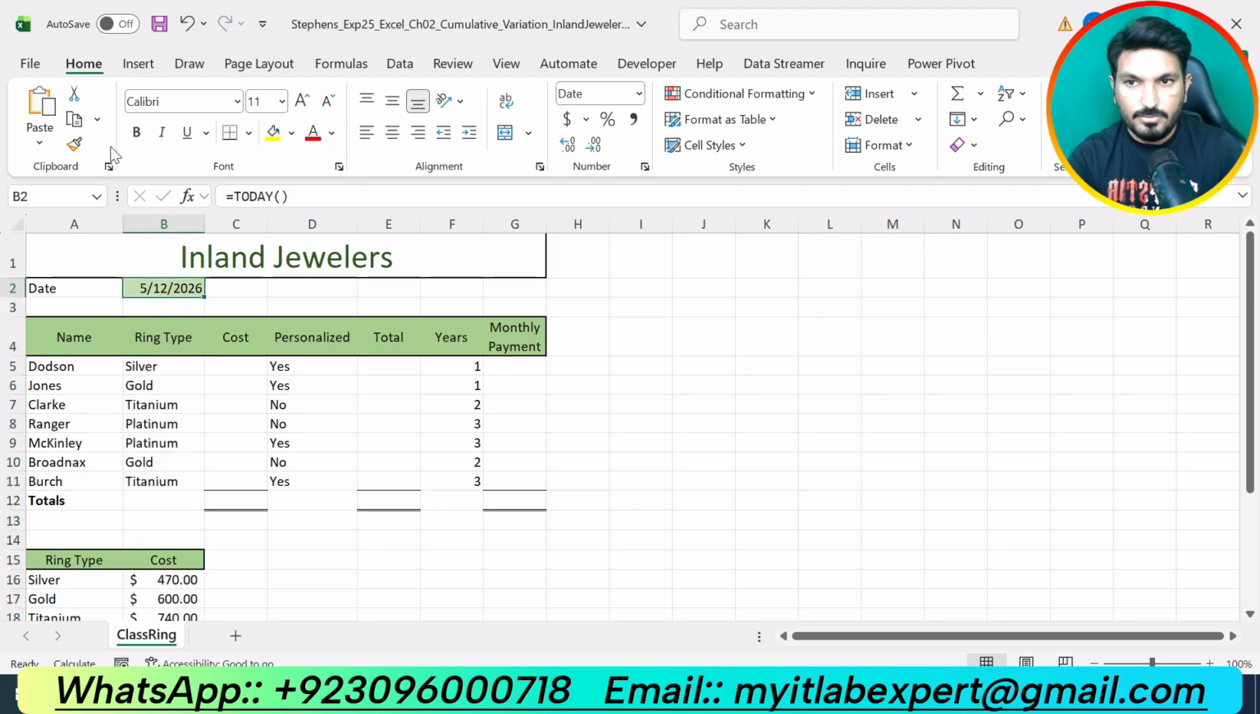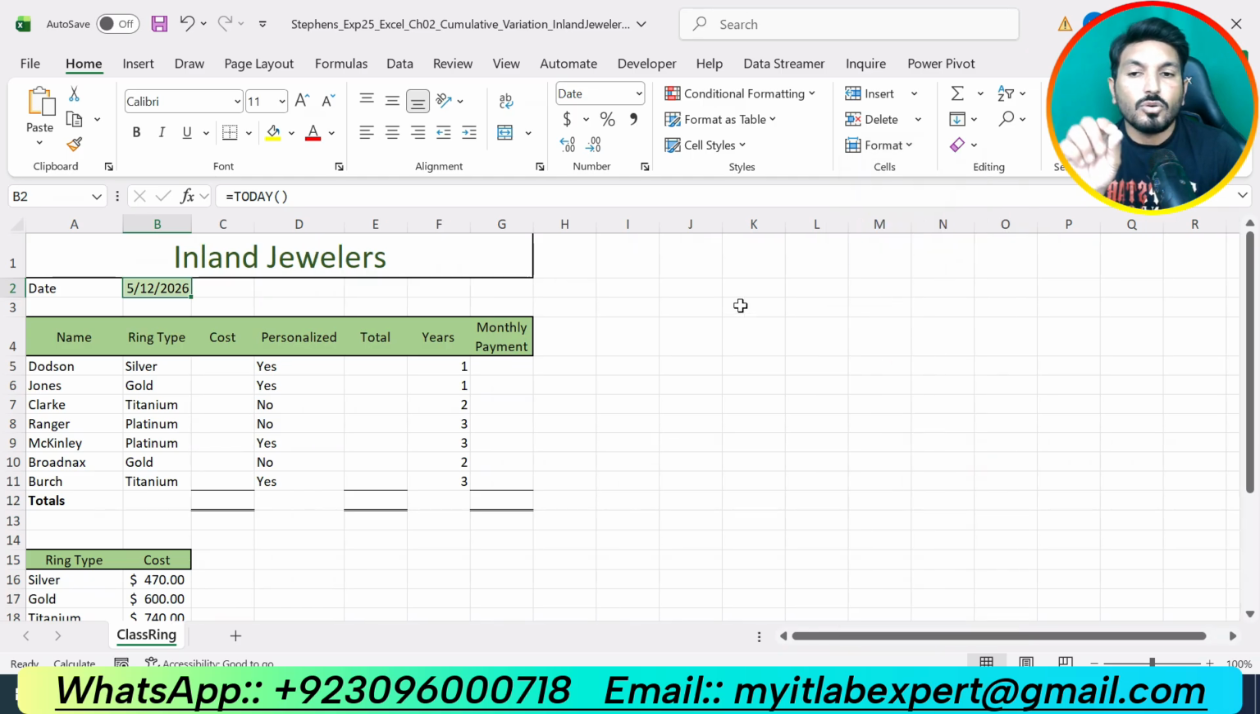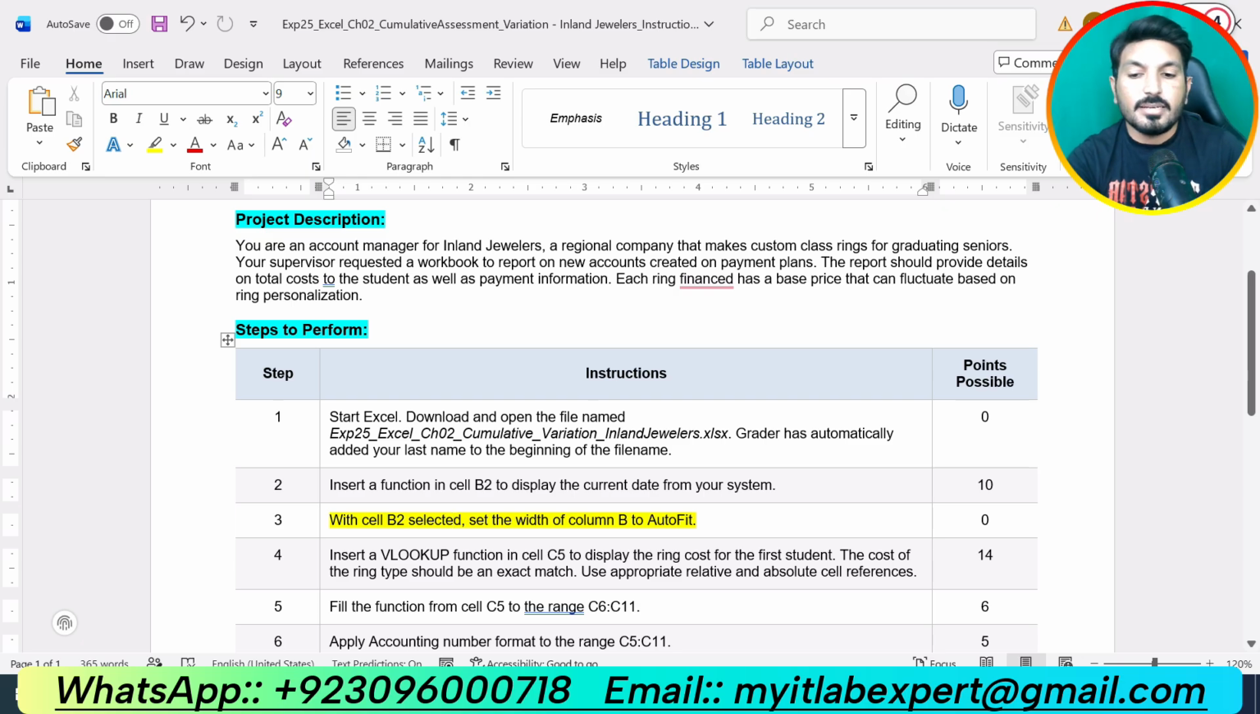So select this one and just go to home tab, and in cells section here you can see the format button. Click this arrow and from here you can select the auto fit column width, this one. So now we have changed the width of column B to auto fit, and that is all about step number 3. So now we're going to do the next step of the assignment, that is step number